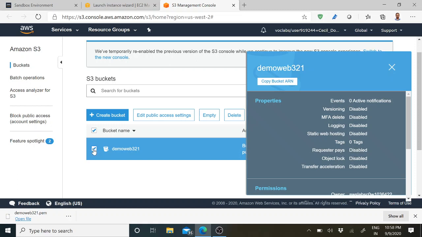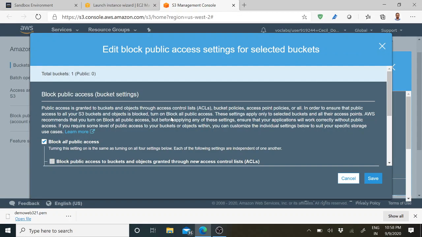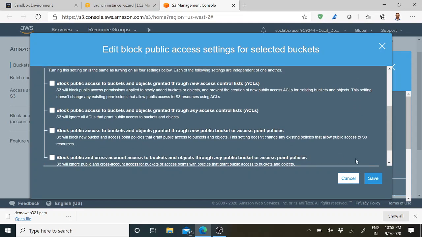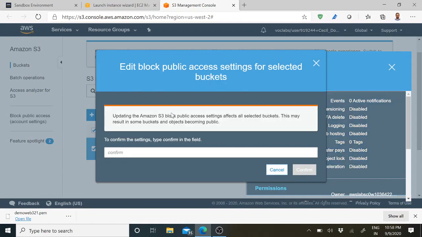For that, you have to select this bucket, the checkbox, and you just click the edit public access settings. There you will find an option called block all public access. You just uncheck it and please ensure that all the checkboxes are unticked and just click save. Immediately you will be prompted with the message.